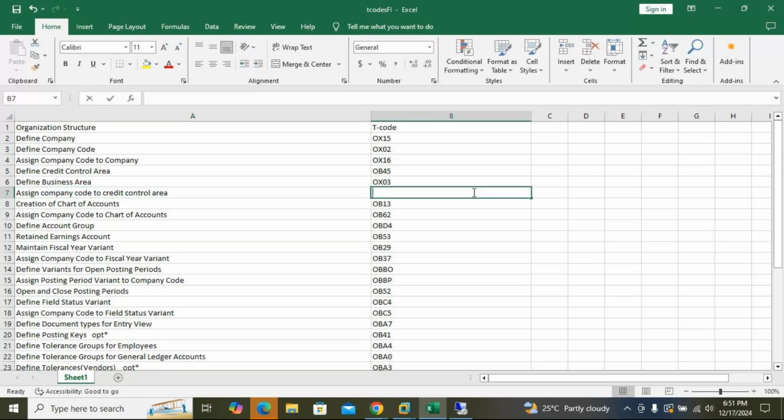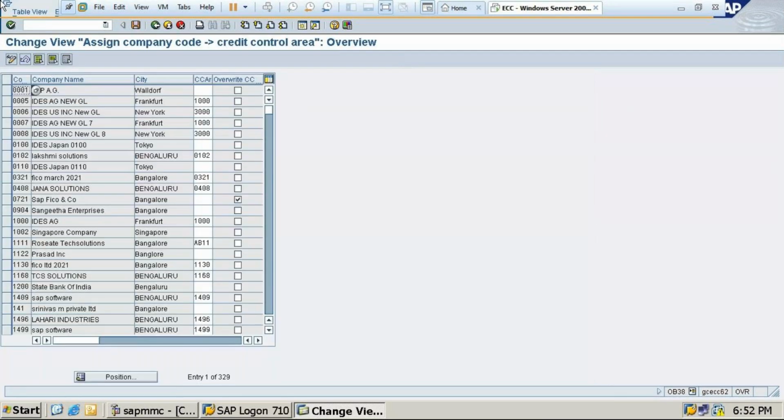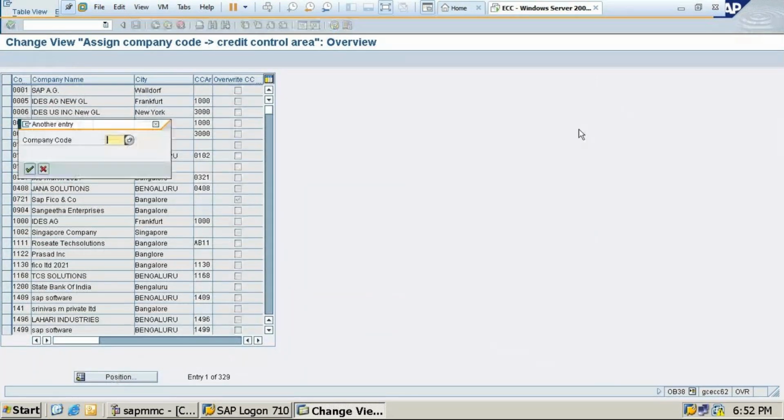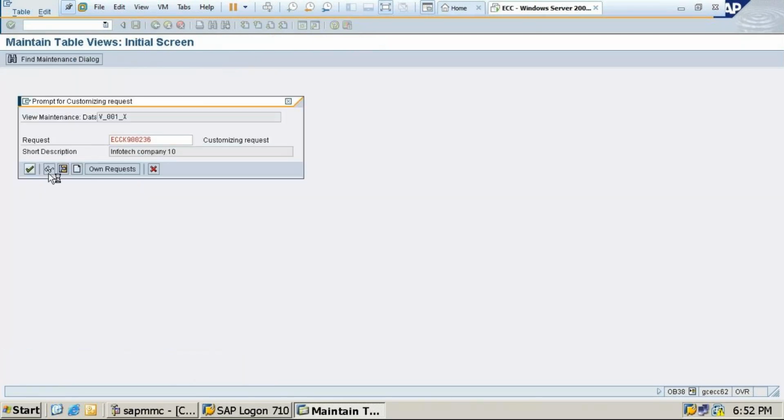I'll just try this: slash and OB38. Yes, assign company code to credit control area. So click on positions. So Info, press enter. Here you take the cursor, Info. So this is one T code I have added here.